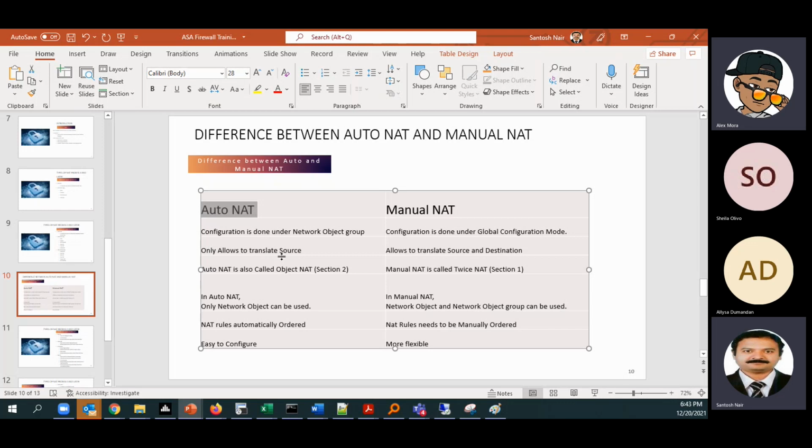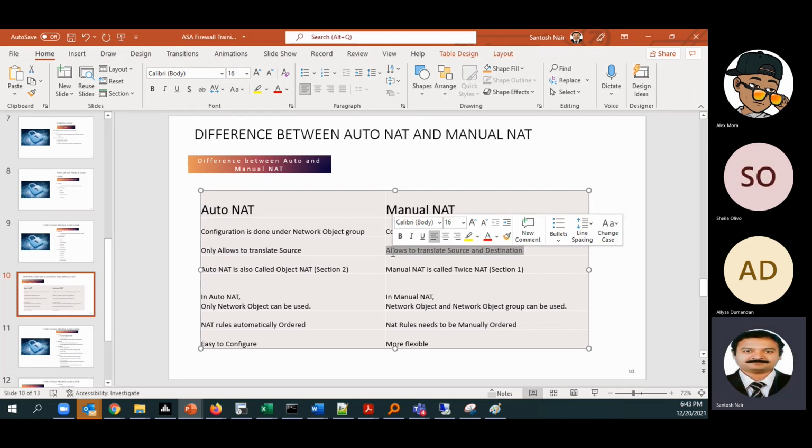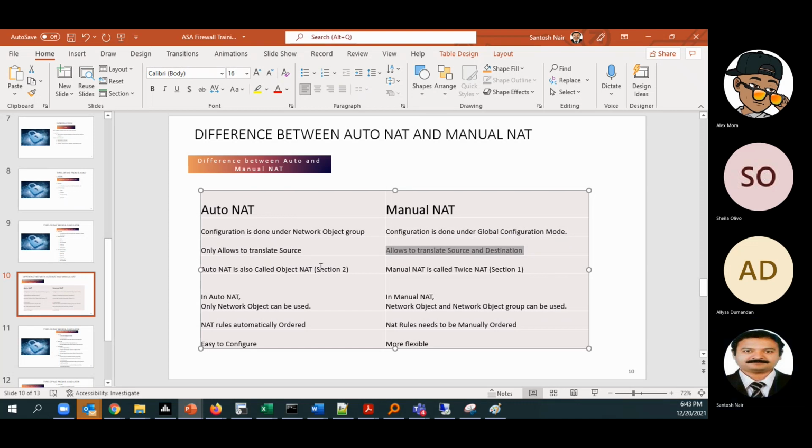As we had already discussed, in auto NAT we are doing only source IP address translation. In manual NAT, we are doing both source and destination IP address. So auto NAT is also called object NAT, and manual NAT is sometimes called twice NAT.